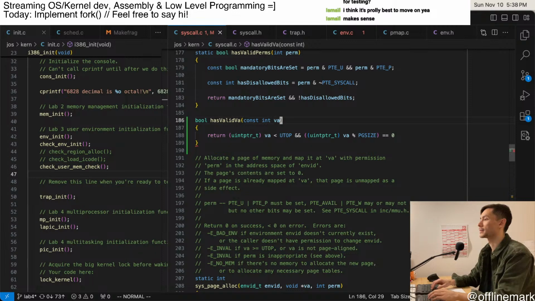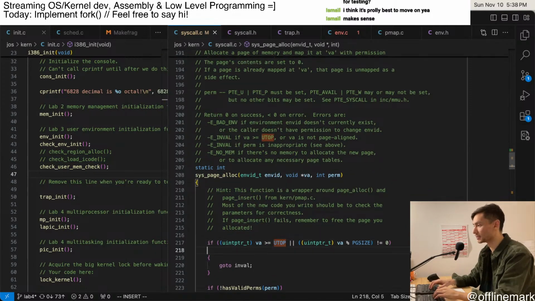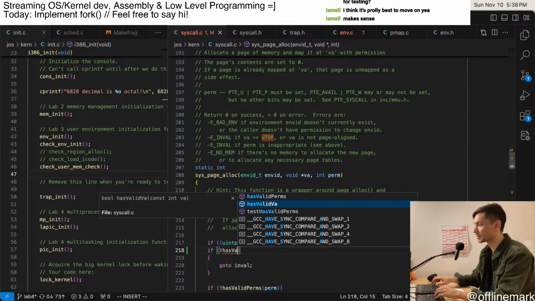Okay, has valid VA, and need a semicolon. So now I can do if not has valid VA,